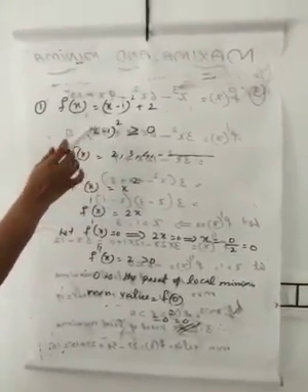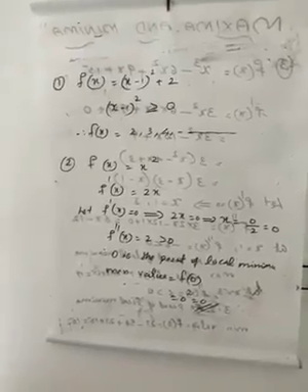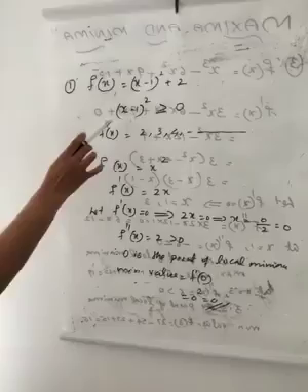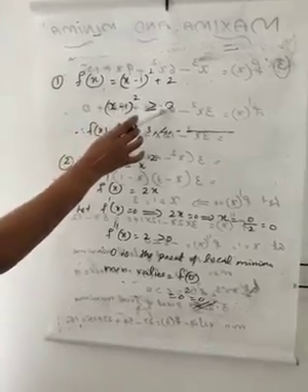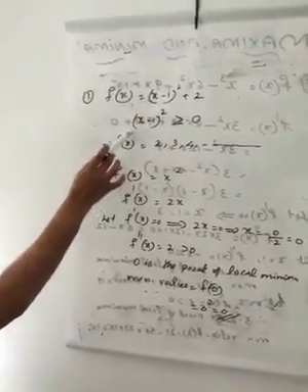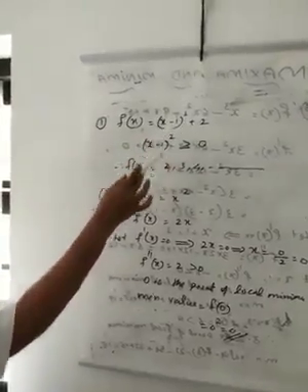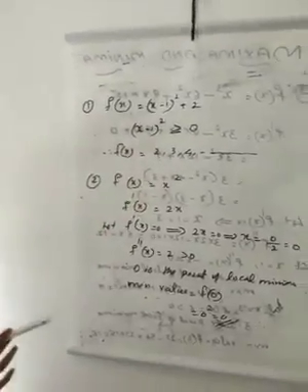And we can substitute the values for (x minus 1) whole square, not to x. We are substituting the values for the whole term, not to the single variable x. If (x minus 1) whole square equal to 0, then what is f of x? 0 plus 2, 2. And (x minus 1) whole square equal to 1, what is f of x? 1 plus 2 equal to 3. And (x minus 1) whole square equal to 2, then f of x is 4.